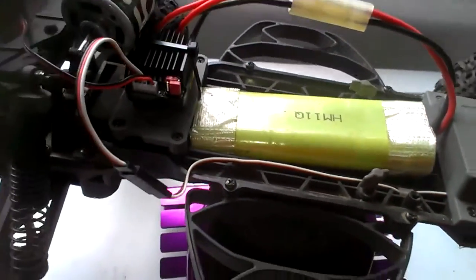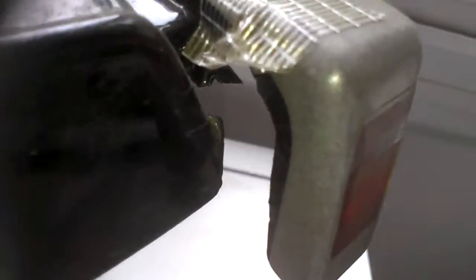Even the body shell hasn't fared too bad. It's got a crack just there and another one just there that I've held together with tape. But underneath, there you go, that's better, like that. And the crack is just where the